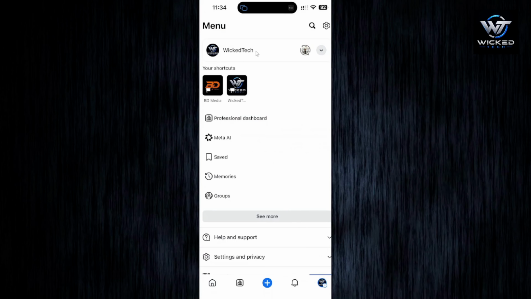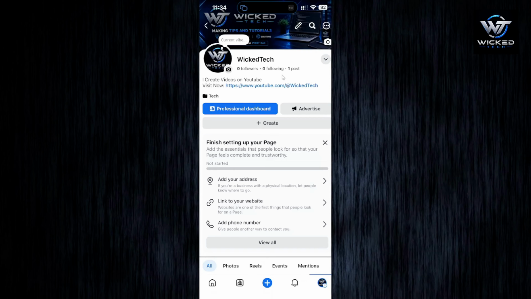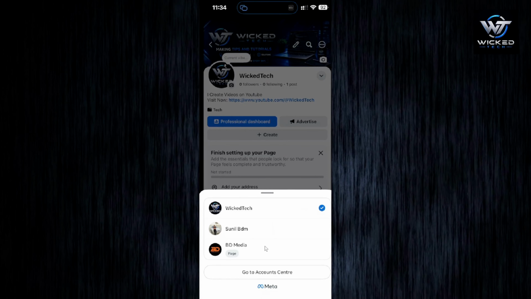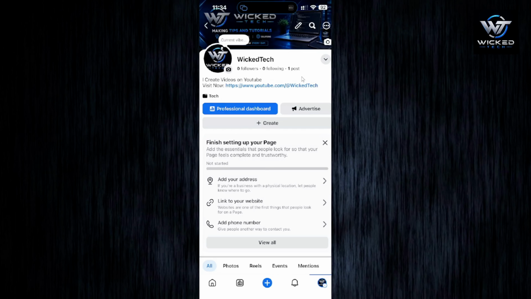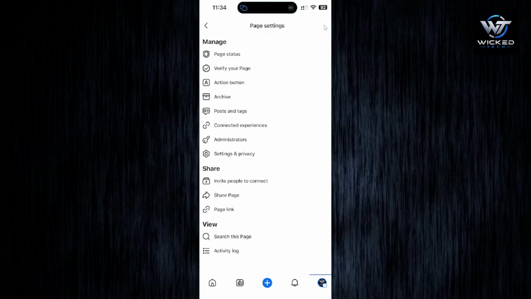Choose the page that you want to connect. I'm connected to my current page, so this is the page that I'm going to be connecting. So just click on this icon here. If you want to choose different pages, you'll have a lot of options to choose from. Once you're here, just click on the three dots on top and then click on connected experiences,